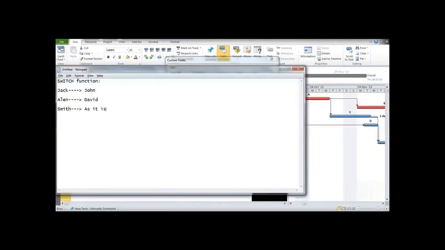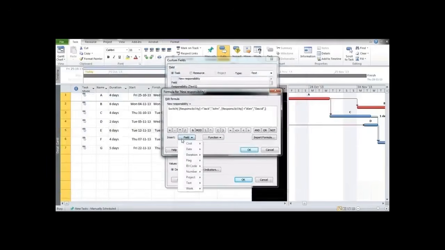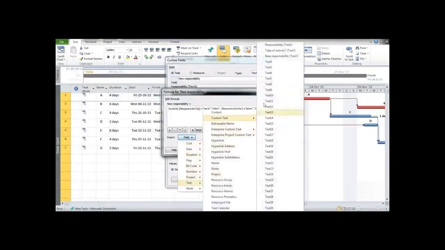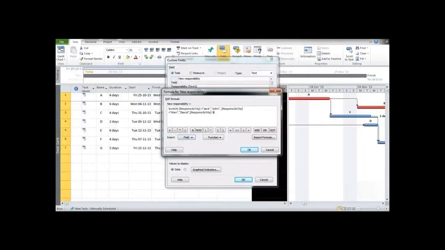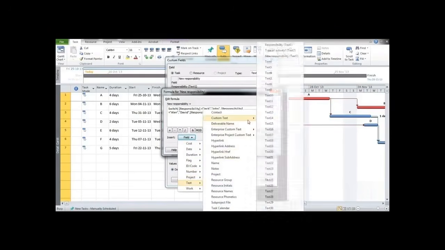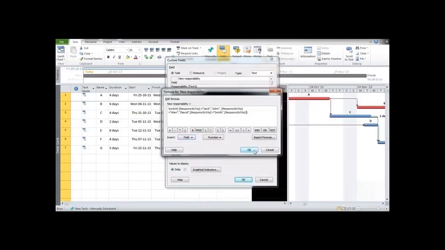While as we saw in the third case, wherever there is Smith, we want to keep Smith as it is. So now we can add an expression, text, custom text, responsibility, we can note equal to double inverted commas, wherever there is Smith, we want it as it is. So one way is to write Smith comma double inverted commas Smith, but it's not a practical way. So we would write Smith comma and again add a field responsibility over here. So basically wherever there is Smith in the responsibility column, it would keep the same as it is. So we select responsibility over here and press OK,